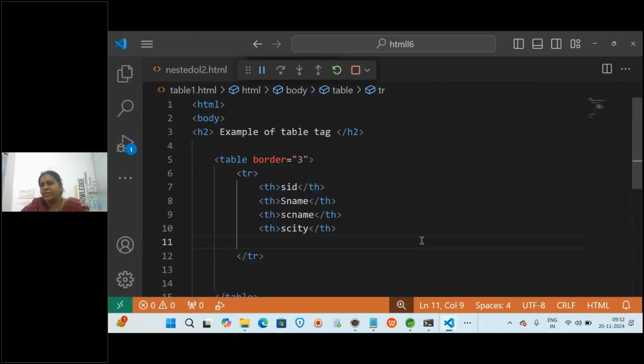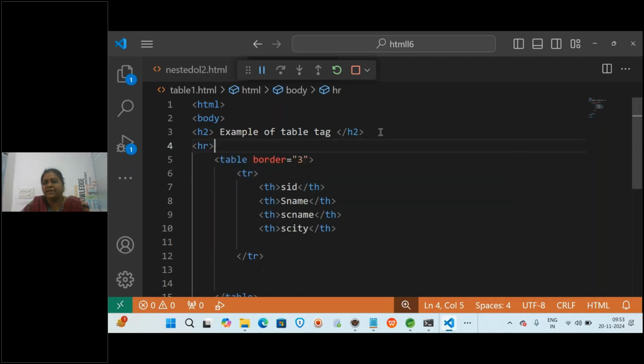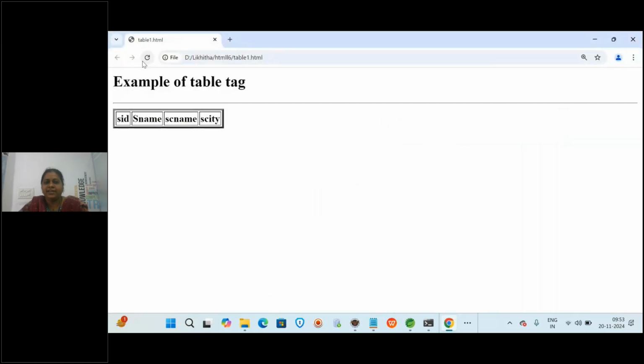Whenever you want a separation line in HTML, there is a tag called HR, horizontal rule. If you give that, you will get one horizontal line. So that is HR. When we complete the tags, we will see some special tags, related to the flow we are going through. So if I write HR, then you will get one horizontal line. Can you see this? One line has come.